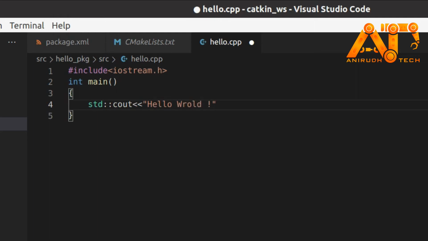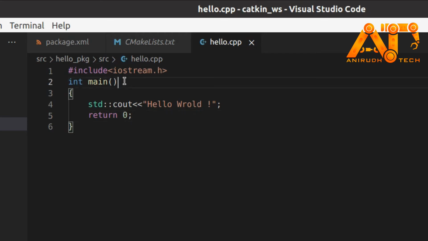You can give anything here. Return 0. Okay, that's all for our program. Now I am just saving this. Now, no errors, right? Even if there are errors, we can change them later, no issue.